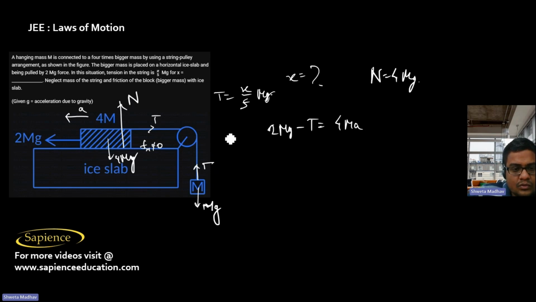Since I can say 2 mg minus T is equal to 4 ma, but here for this one it will be